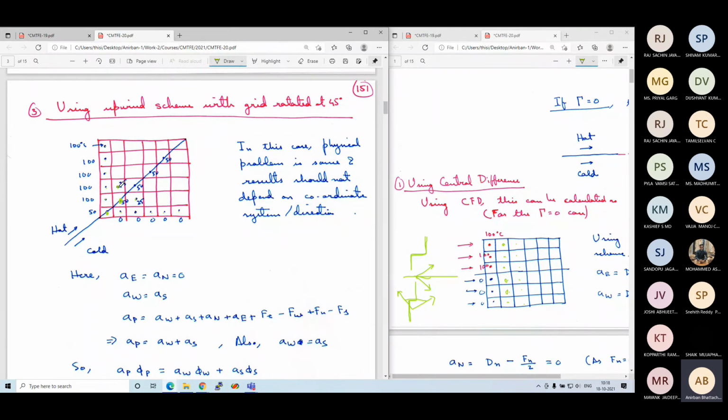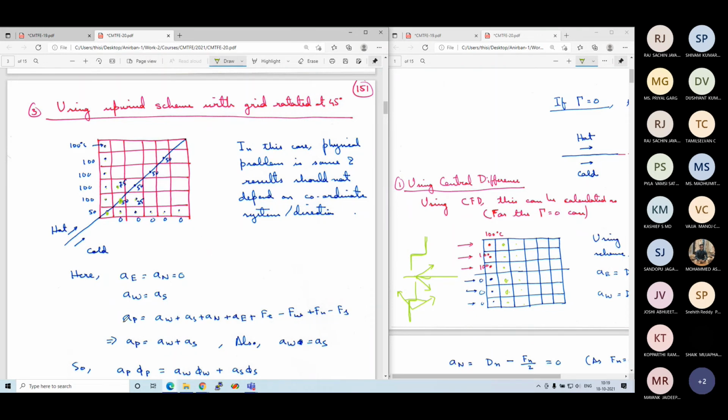North and east should not have any contribution, because this is ahead of the interface in the flow direction. So AE and AN you can also calculate will be equal to 0. And these two should have equal contribution. These are the preceding points before this point in the flow direction, at equidistant. So AW should be equal to AS. Again, this can be calculated, but by common logic you can also see that AW should be equal to AS, because it is a 45-degree angle. Otherwise, they would not be equal.